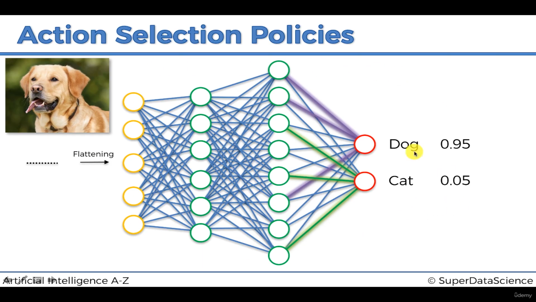Here we've got a convolutional neural network which decides whether it's a dog or a cat. Here we've got the voting process between these neurons, and this one says that it's got the features: the fluffy ears, the pointed face, the way the eyes look, all these features that belong to a dog. So it's a 95% chance that it's a dog and a 5% chance that it's a cat. But the question is, in that tutorial we talk about how we got these values to add up to 1.